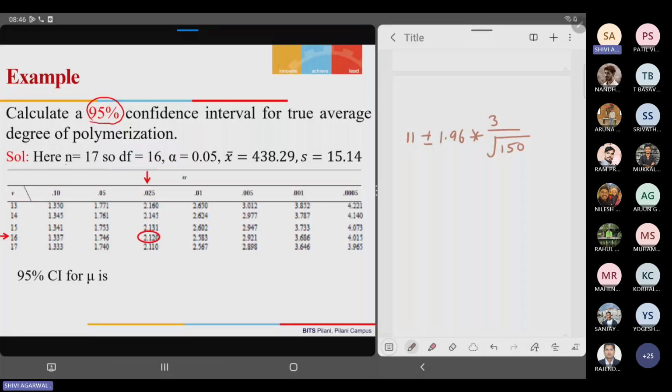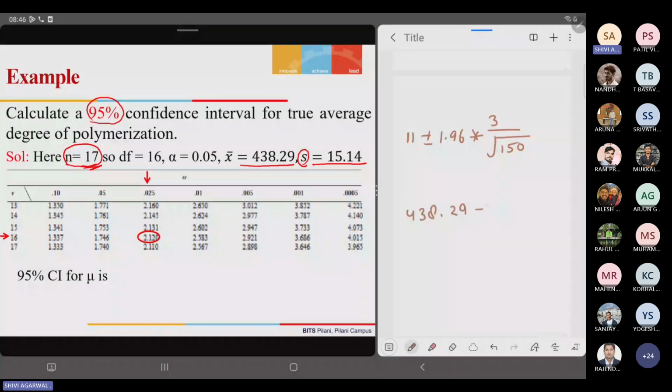So in this one, n is equal to 17. We are taking one more example, and x bar is this. S is equal to 15.14. Now you can say n is 17, so it is very small, and sigma is not given. S is given here, so we are using the T distribution. The T distribution says here